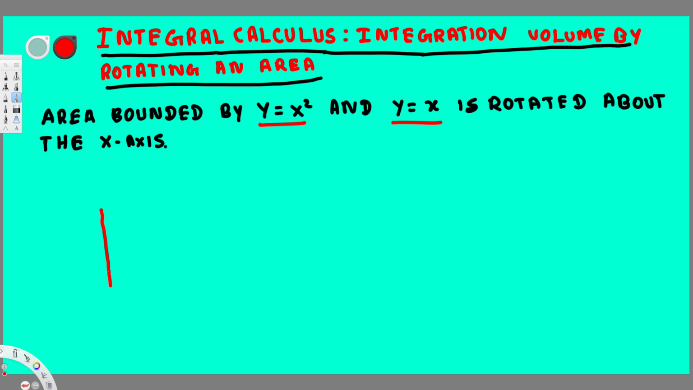y is equal to x squared, we know that's going to be a parabola opening up, right? Since it's a positive parabola opening up, and we don't have any additional subtraction, it's going to start from the origin. This is going to be the parabola. And also we have y is equal to x, that's going to be a straight line, and for this one also there's no addition or subtraction, so this is going to pass through the origin too. So this is also passing through the origin,